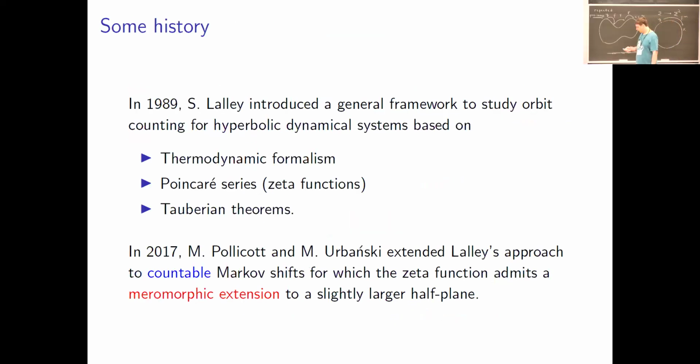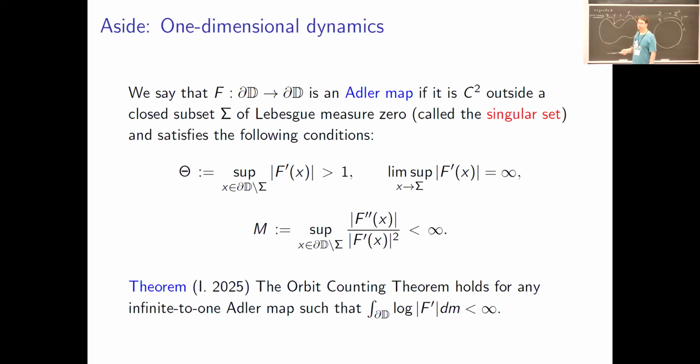What is that? M is some number. M could be anything. No, dM, the measure. Oh, M is the conformal measure. So maybe I should have written mu, but in this case, M and mu are equivalent. The Radon-Nikodym derivative is bounded above and below. So M is actually just a big measure on the circle.